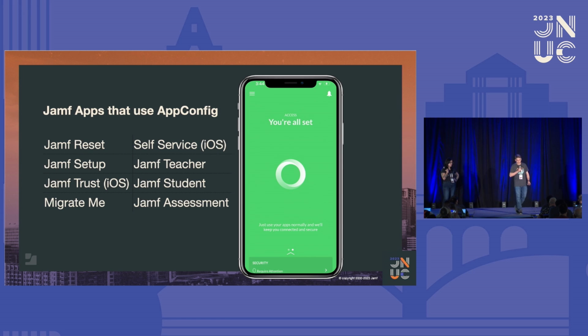So let's talk about apps. Several Jamf apps on the iOS App Store make use of managed app config. I want to call out Teacher and Student in particular because they automatically get a managed app config with settings from the Jamf School web console. So it's not something you have to actually type in the XML. It's just some checkboxes, the way that you set up these apps in Jamf School, and that is pushed down